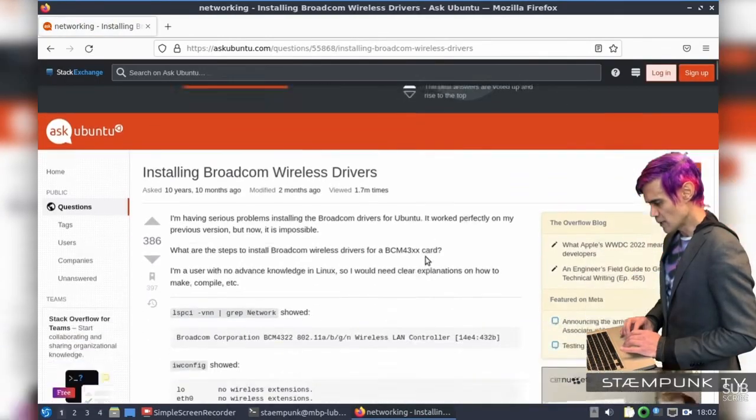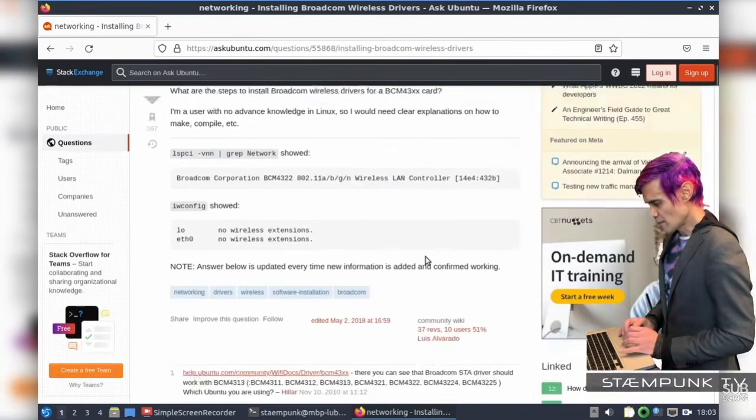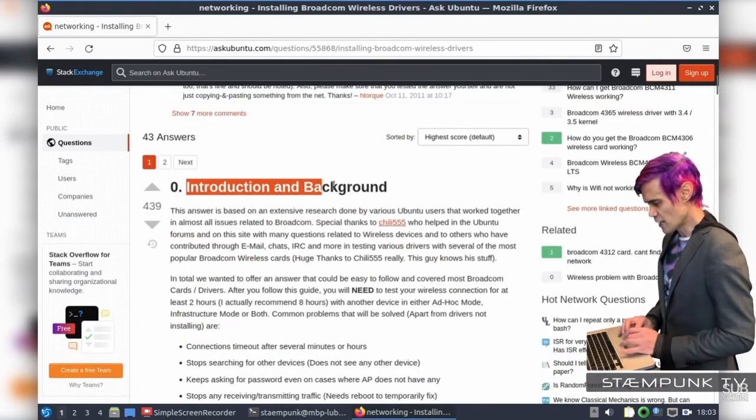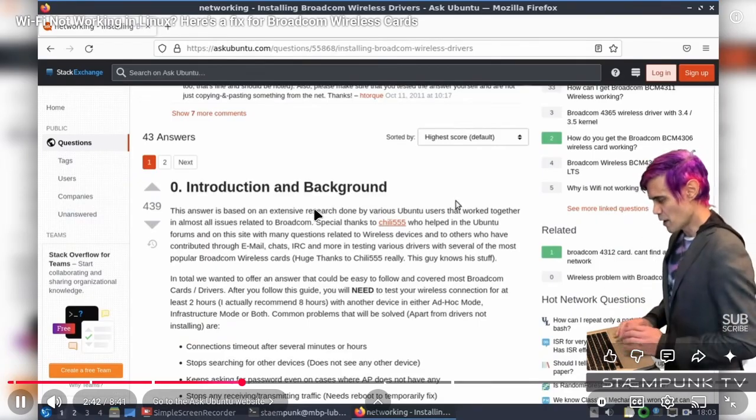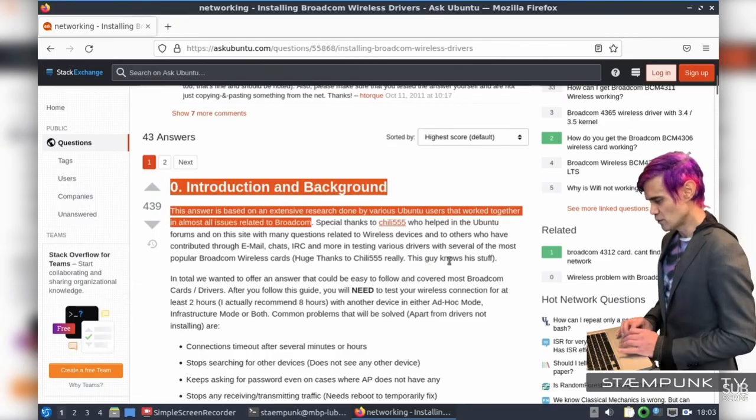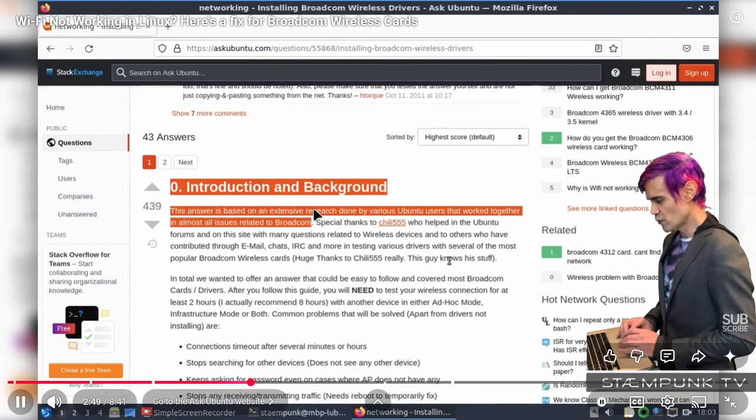And if you scroll down this page here, this answer here, the introduction and background, contains the instructions that I'll be able to use to fix my Wi-Fi problems. Special thanks to Chili555 who helped in the Ubuntu forums. And if I scroll down here,